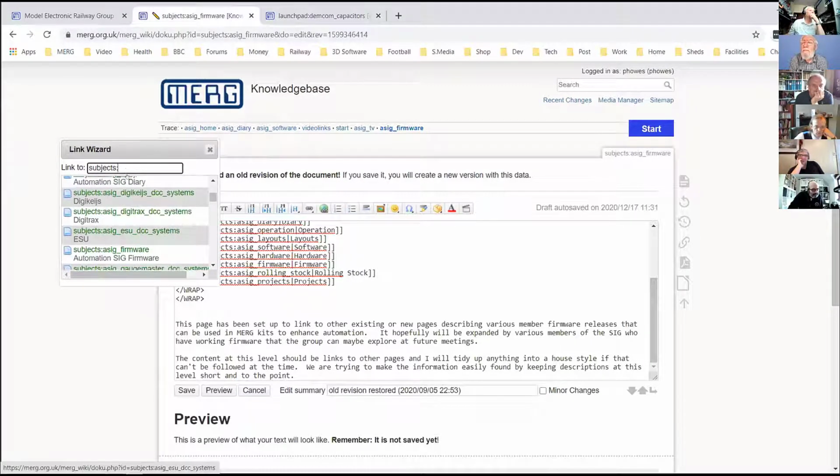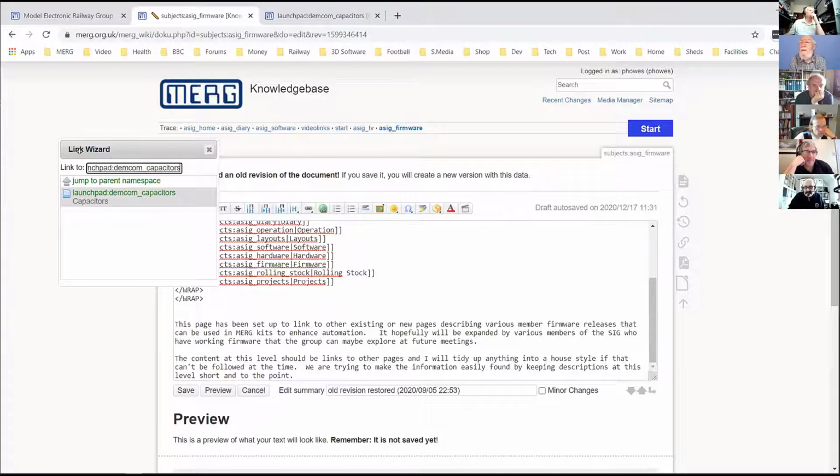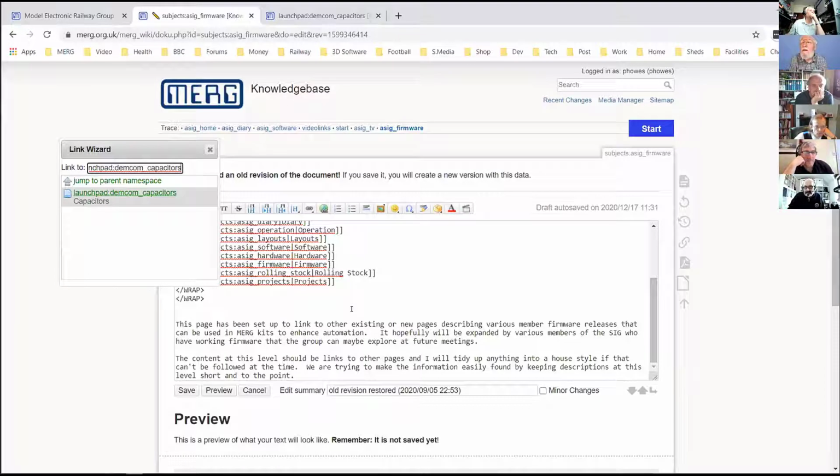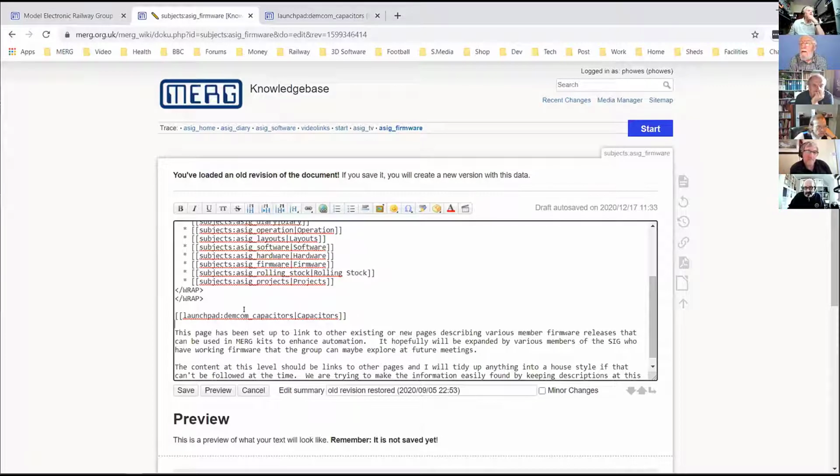It's Launchpad. You notice it comes up automatically with subjects, but we want Launchpad there, so I'm now going to paste Launchpad into there. There's the thing that we can put in, which is the capacitor one. So this is an internal link. It doesn't have any HTTPS or HTTP or slashes